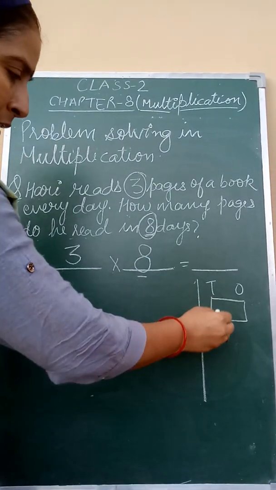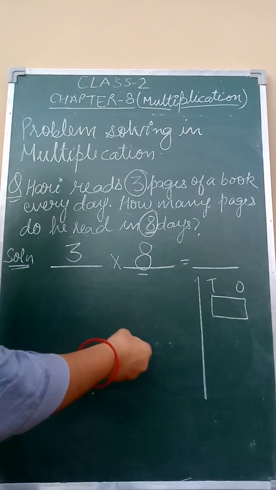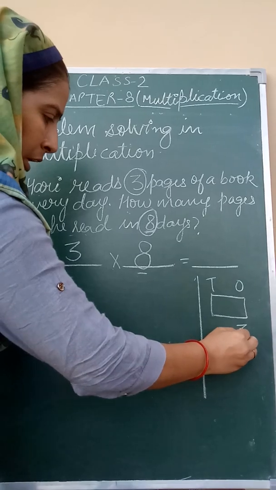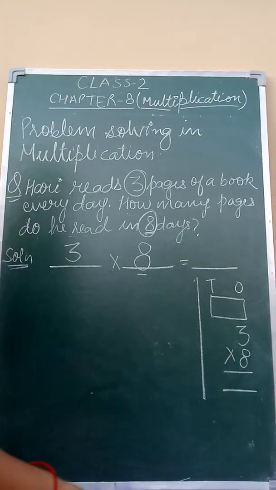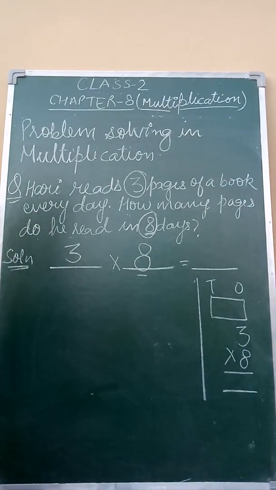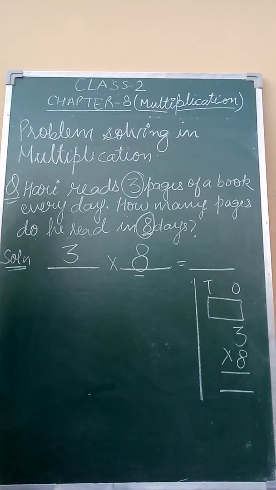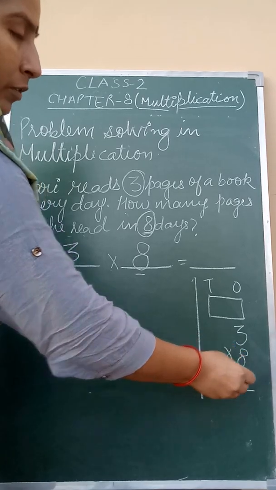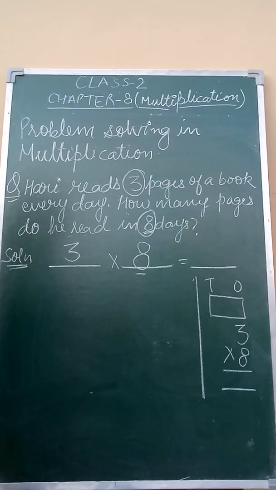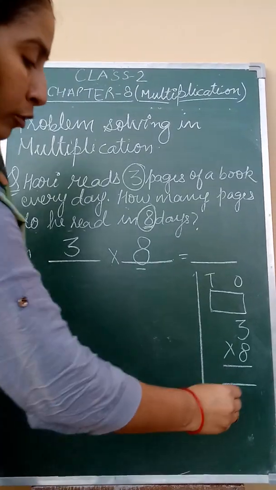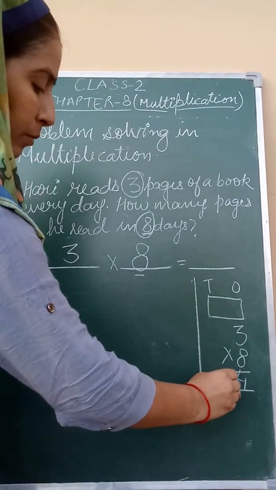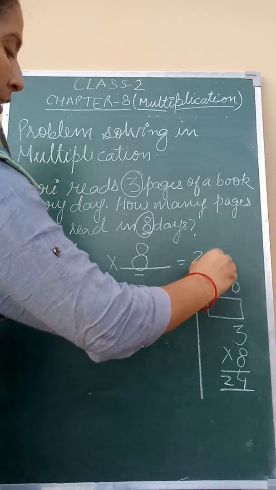Another way, you can also write this number in the vertical form we have already discussed, ones, tens, like 3 and 8, right? So again, you can start the table of 8 or either of 3. The choice is yours. Students, try to always start with the table of the second number. So 8 ones are 8, 8 twos are 16, 8 times 3 equals 24. So 4 and 2 on the tens place. So 24 is the answer.